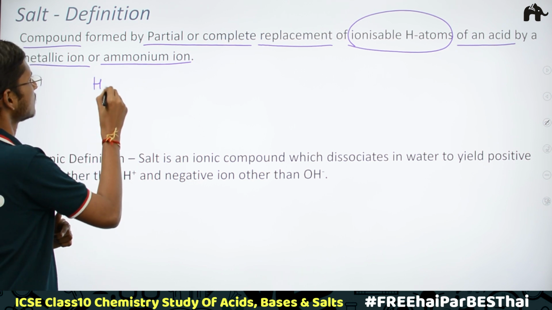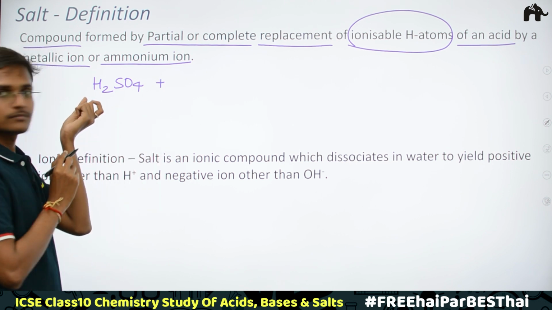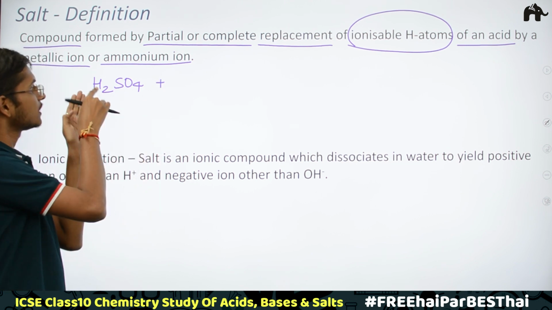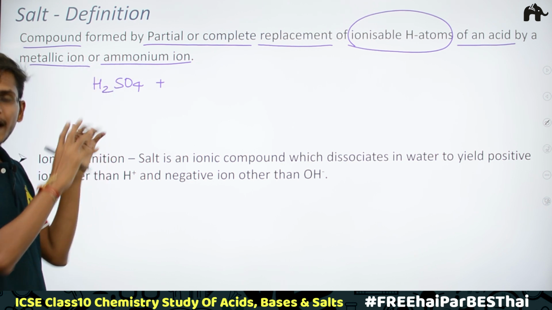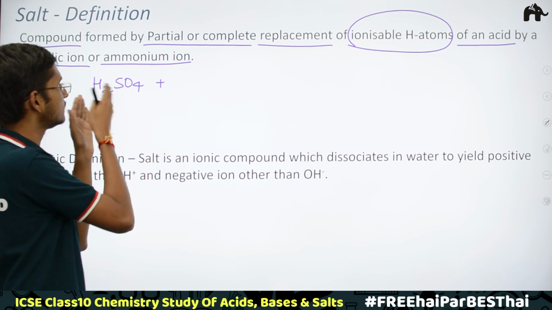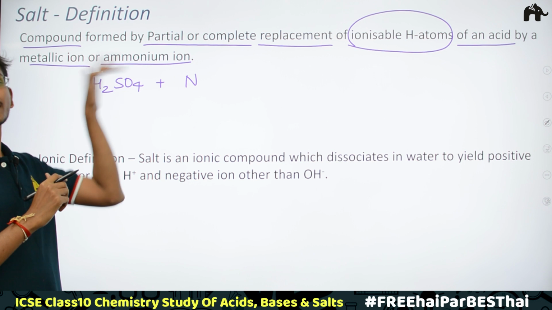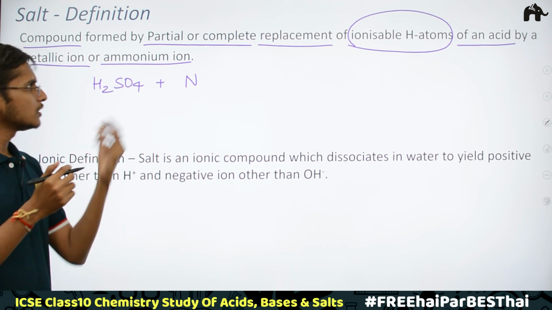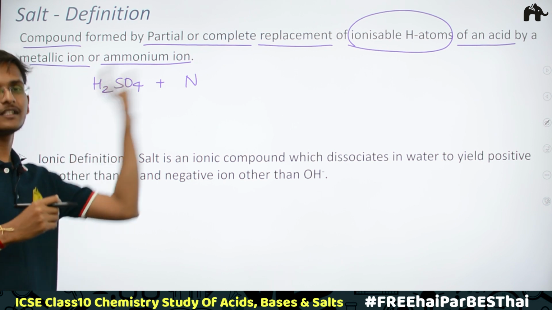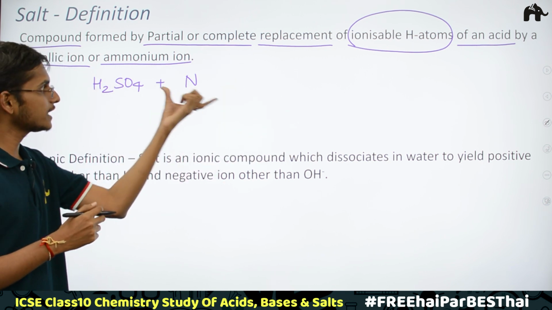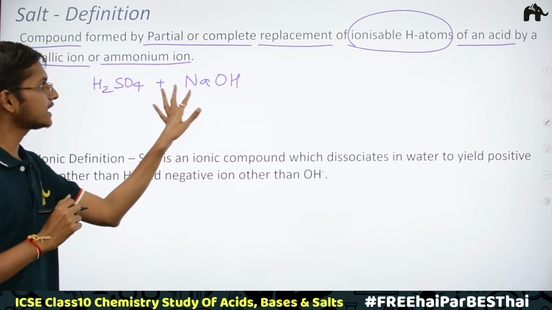So first I am taking this acid, sulfuric acid, as you all know. It has 2 ionizable hydrogen atoms, which means that the sulfuric acid is willing to give these 2 hydrogen atoms as H plus ions, correct? Now these 2 ionizable hydrogen atoms I have to replace with a metallic ion. That metallic ion should be of a compound which would react with sulfuric acid. So acids react with bases. So I would take an example of a base like NaOH, which has a metallic ion like sodium,